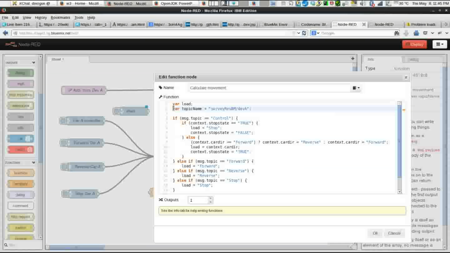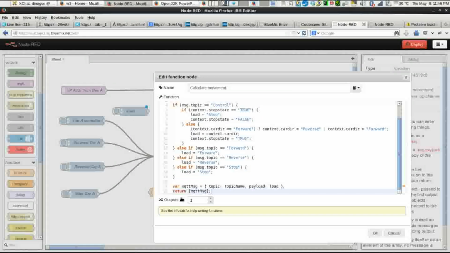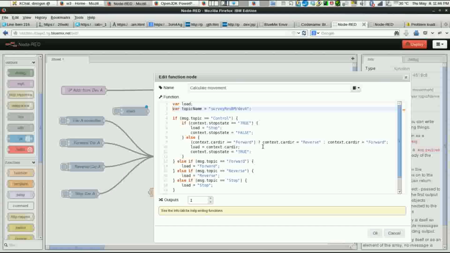So what I'm doing out here is to determine the actual command that gets sent out as an MQTT message to the Raspberry Pi. So depending on the particular injector node that the message is coming in from, we do a certain set of things. For example, if the message is coming in from control, then we do a cycle of sending out commands